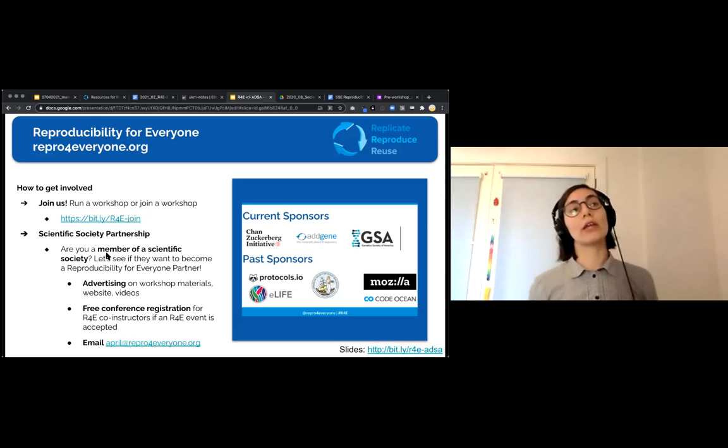But one thing that I'd like to mention, because you are data scientists or involved in data science in some way, is that one of the things our volunteers are working on right now is expanding some of the data science related parts of the workshop.